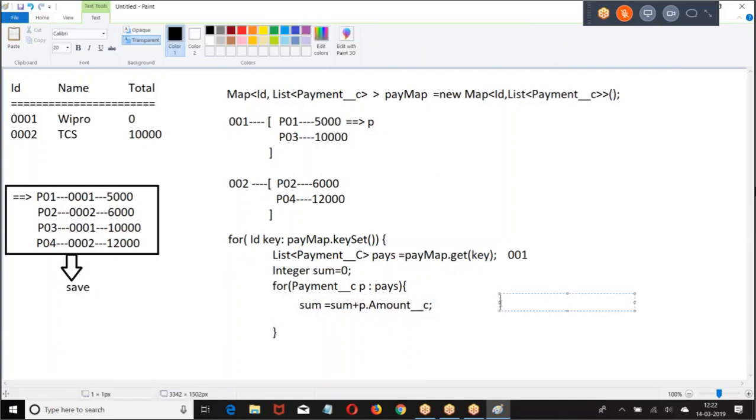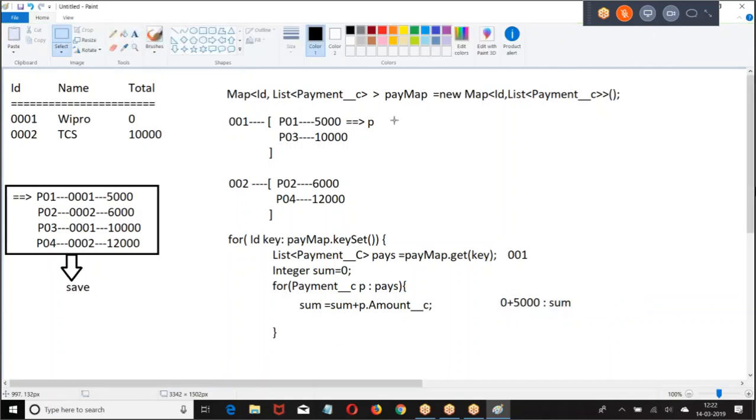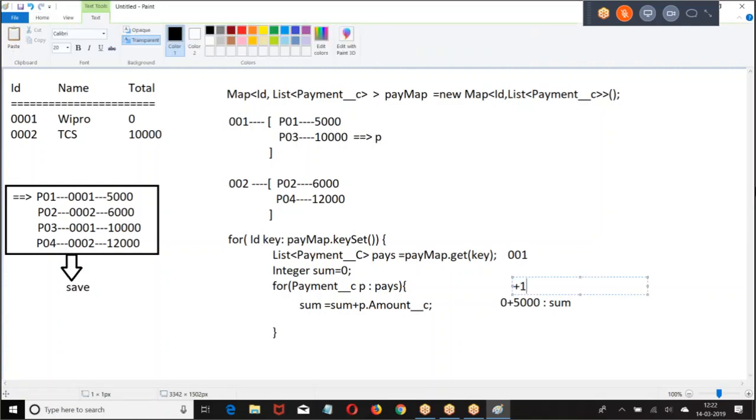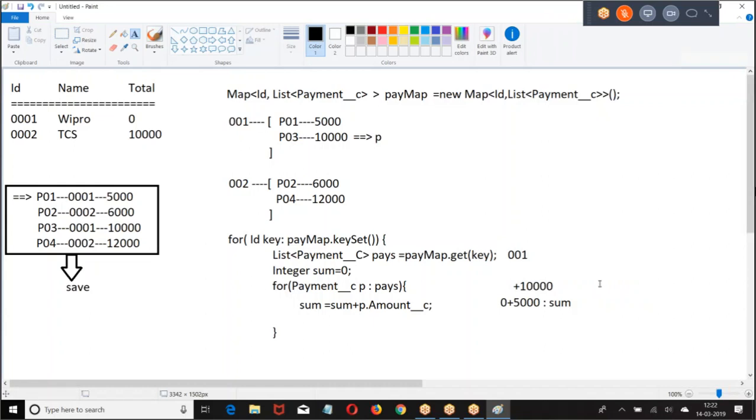Now what is sum? 0. 0 plus P amount is, now this has become sum. Then the loop will go to the next. What is the next one we have? Now what is P? P03, 10,000. Then 5,000 plus 10,000. Now we got total 15,000. So for 0, 0, 1, sum is 15,000.